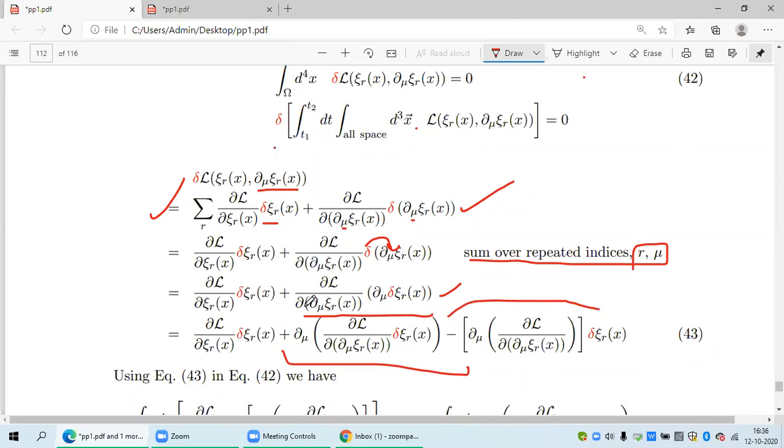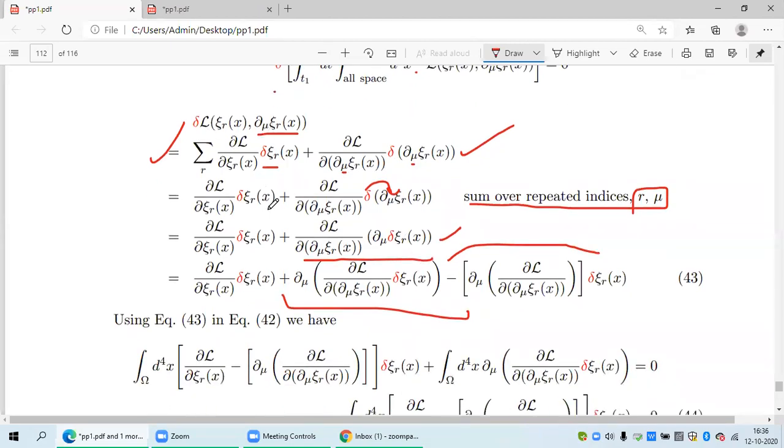This is the same thing you do for classical mechanics. What you do is just add three extra space components here. Earlier it was only the time derivative, delta 0. Now the other space components are also there. That way we find that this delta L is this, and if we put it